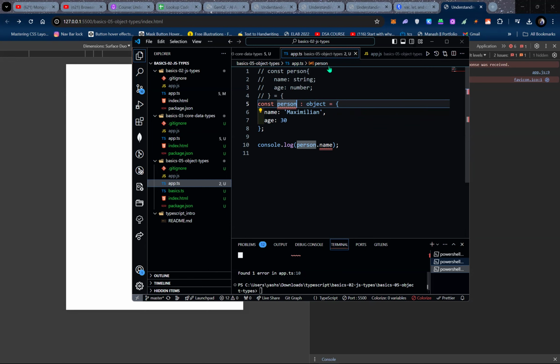Hello sir. So here I learned about the object type. I'm here calling the object type. Suppose if I remove this, then this is a traditional